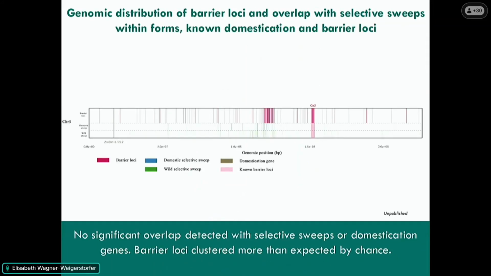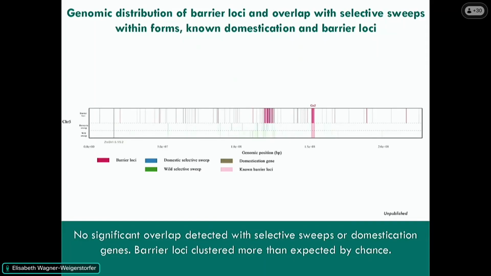Okay, then we looked at the genomic distribution of these barrier loci. These are the pink traits here, shown all along the genome. Then we also detected selective sweeps within the wild form and within the domestic forms. We looked at the overlap between those selective sweeps, known domestication loci, known barrier loci, and the barrier loci that